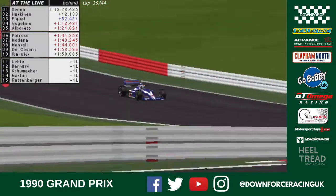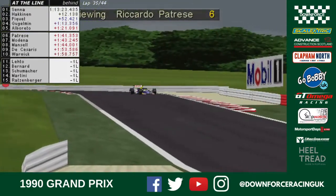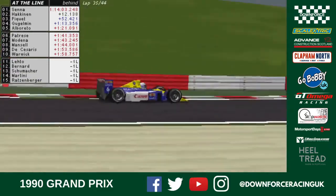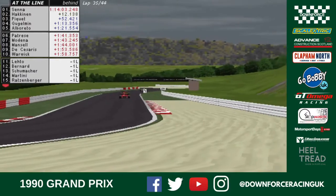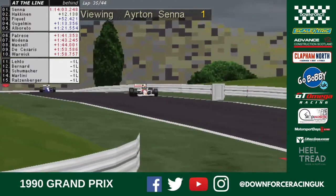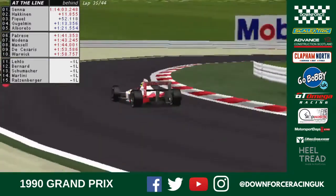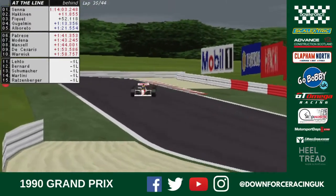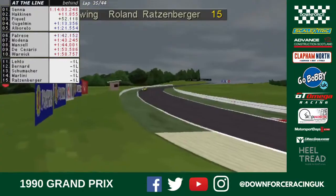But ever since then, it's been a bit of a tricky situation, really, for the cars in the field. Here's Mika Häkkinen's Brabham. Riccardo Patrese in the Williams. I thought he was going to drop it again then. And he's under pressure from the Ferrari pair of Modena and Mansell, who are trying to move into the top 6. And they've got Gugelmin and Alboreto a few seconds up the road, who are desperately trying to hang on to things as well. So there's still a lot that can happen in these 9 laps as cars continue to thrill us around the Belgian Grand Prix circuit. Lots of drivers going off, lots of big moments in the race, but essentially cars are still able...